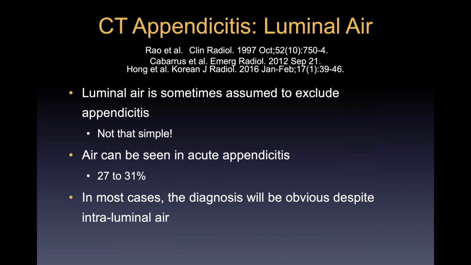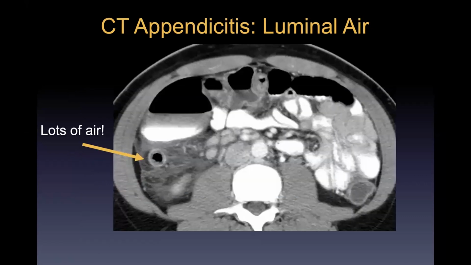But most of the time where you have acute appendicitis and there is luminal air, these are actually pretty severe cases. It's probably why the air is there, that they're starting to get a little bit necrotic. So usually these are not a diagnostic dilemma. If the appendix looks bad and there's air, it's appendicitis. If there's air in the lumen and the appendix looks otherwise pretty good, it's probably not appendicitis. It's really rare to have an equivocal case. Here's an example: a big appendix with lots of stranding around it. There's lots of air in the lumen, but that's not going to reassure you that this is, in fact, normal.